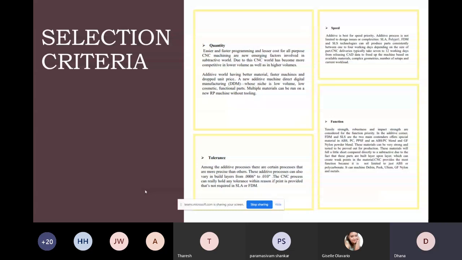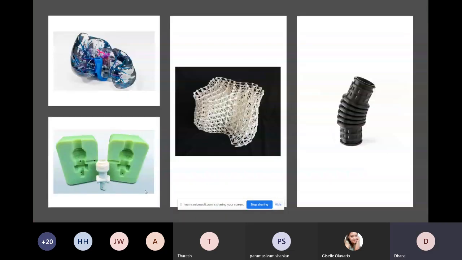So these are some of the 3D printed parts from different machines around the world. On the left-hand side you can see PolyJet with a different color blended object, and you can see an injection molded part from a Stratasys machine. In the center you can see an architectural design, which has quite a complex design, still printed without any support. And in additive manufacturing, you also have water soluble supports available, like PVA, SR30.